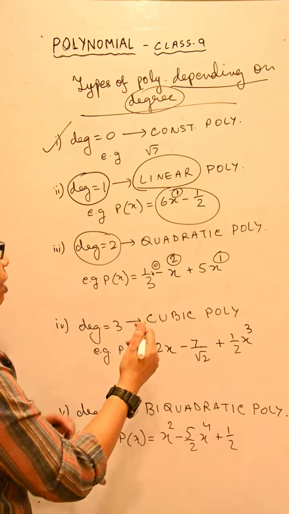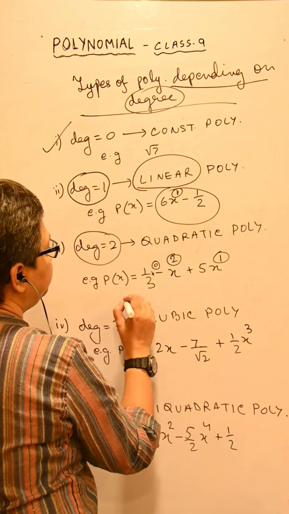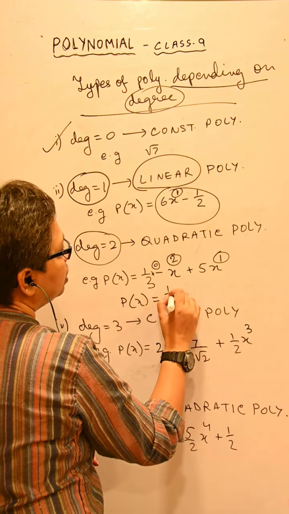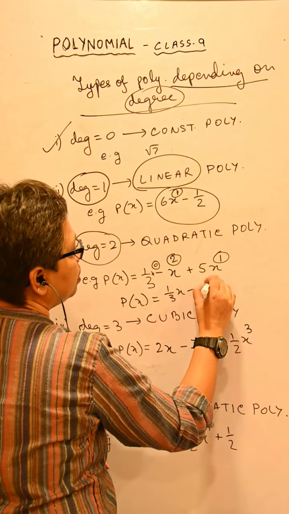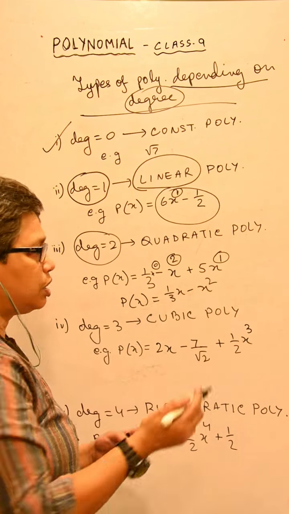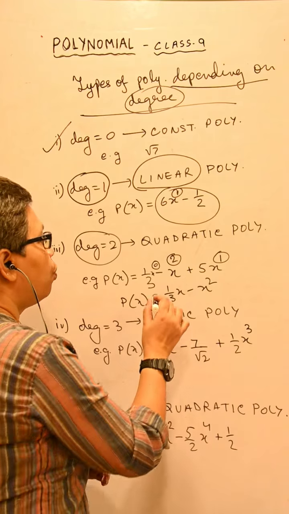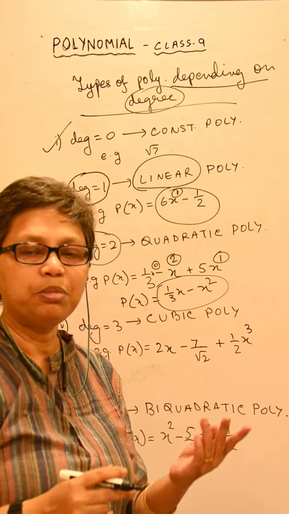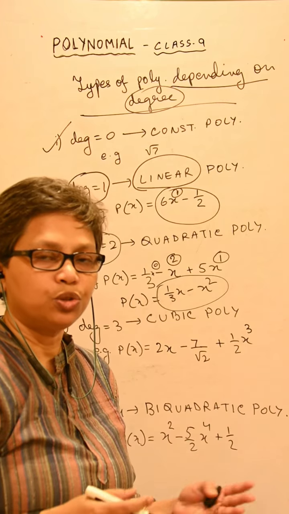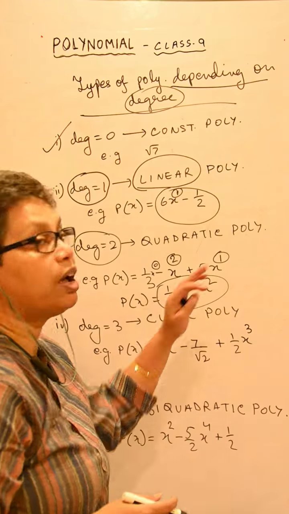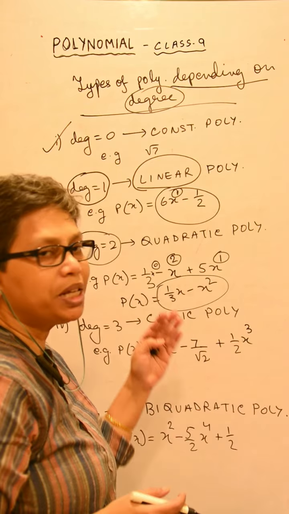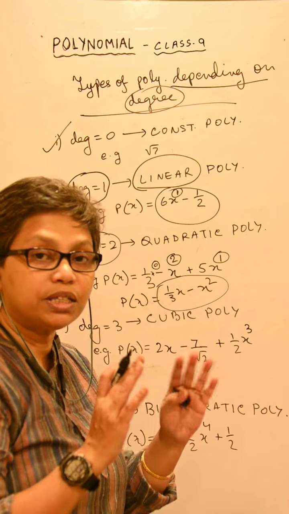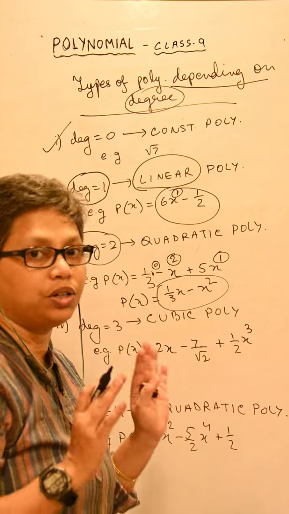Now you may also have an example like this. Say p(x) equal to 1/3 x minus x square. There is no constant term, only this. So it doesn't matter. Whatever is present, you study the powers of the variable. The maximum power is the degree. So it is 2. So it is still quadratic even if you don't have the third term. So that was a trinomial, this is a binomial, but that has nothing to do with the degree. As long as the degree is 2, it is quadratic.